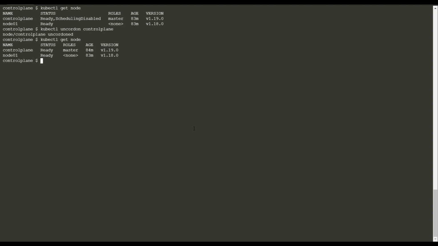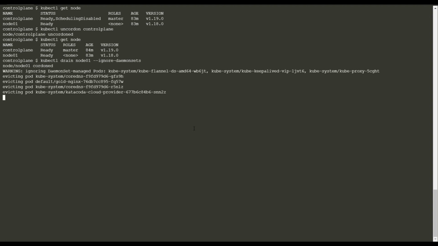Now it's time for node 1. kubectl drain node 01, ignore daemon sets.